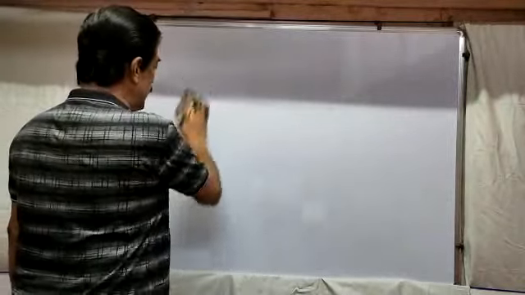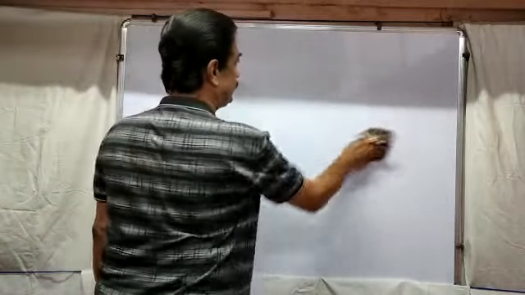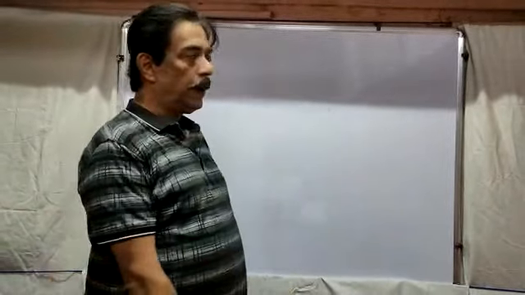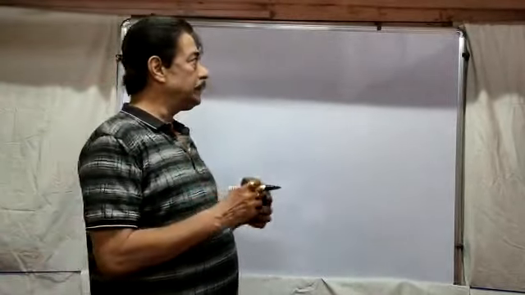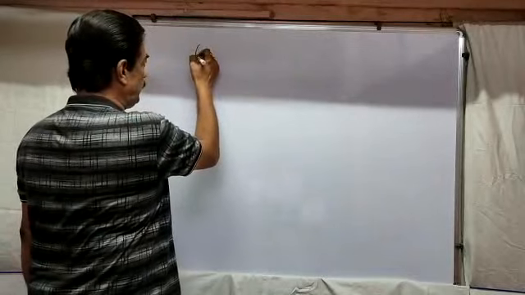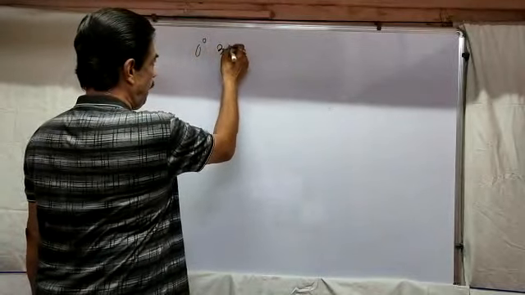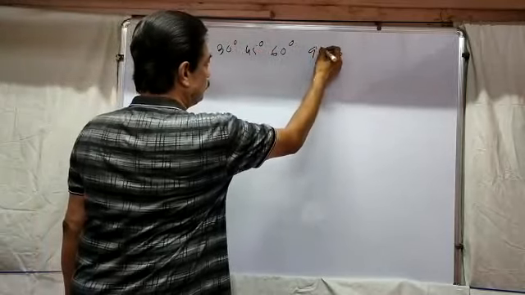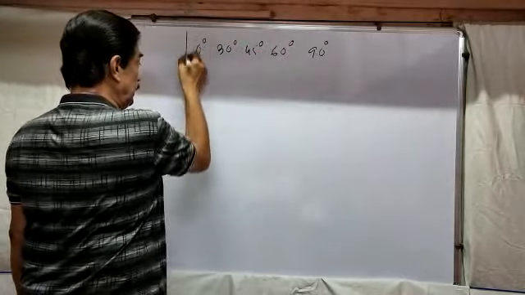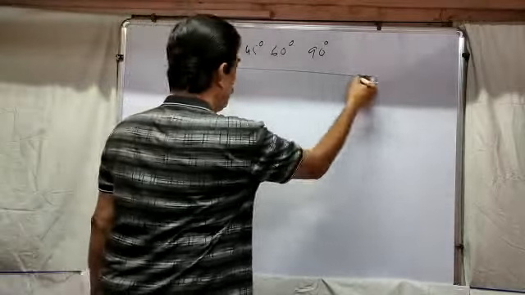We have done all the things from our 9-10, but in this case, just remember, we have done trigonometry at the 9-10 level, and we have to do trigonometry within 1 hour. So recapitulate all the things. Standard values: 0 degree, 30 degree, 45 degree, 60 degree, and 90 degree. This is the most important result you have to remember.